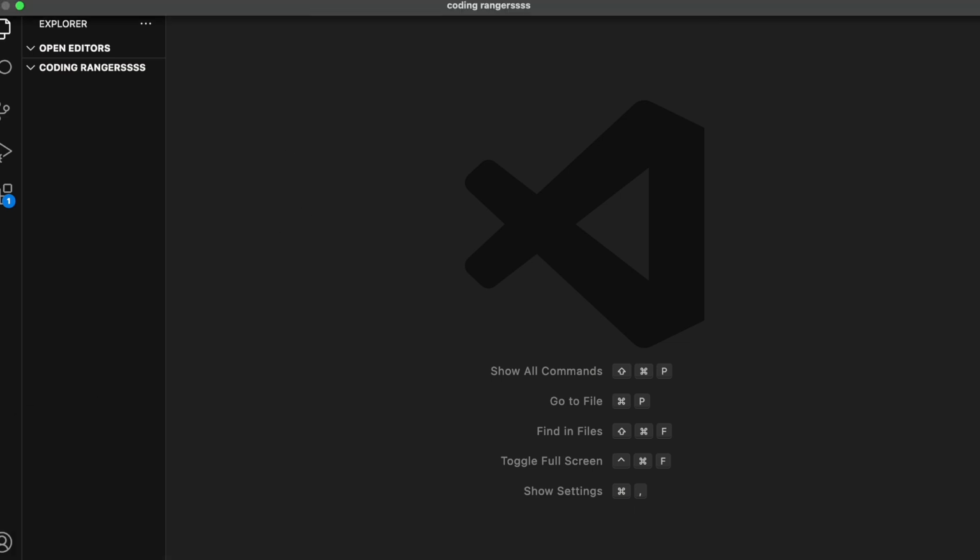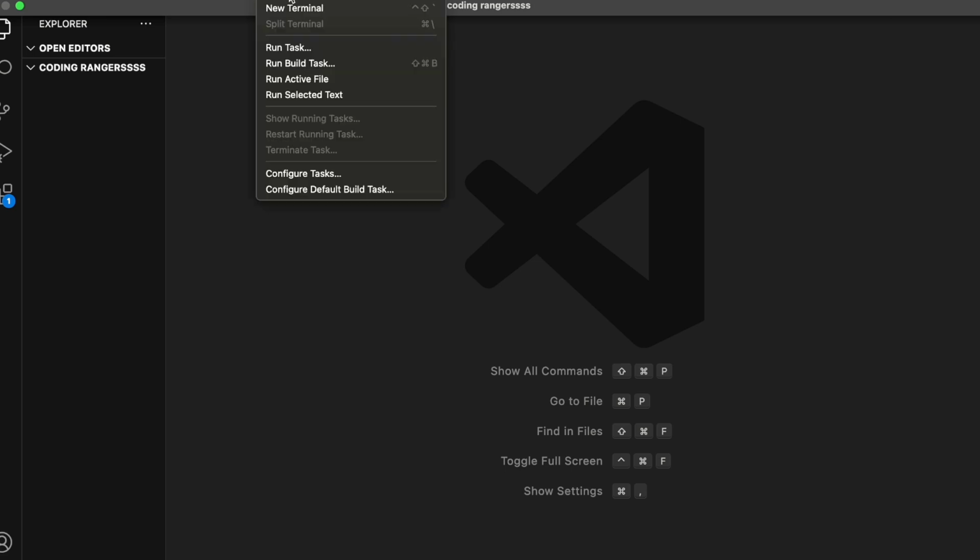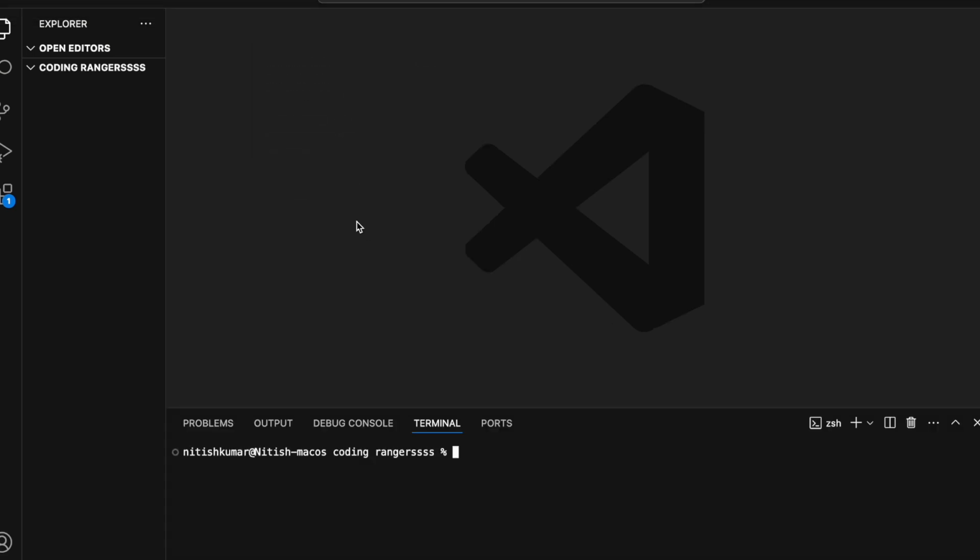You will find the terminal at the top here. At the top you will find a terminal option, and in it you have to select new terminal. And here it's a terminal. If you want to see the version of Git, type git --version. It's a version. And now if you want to import that GitHub repository which you have made,